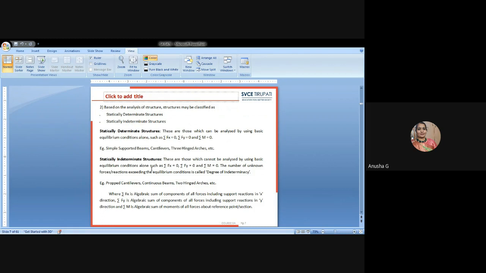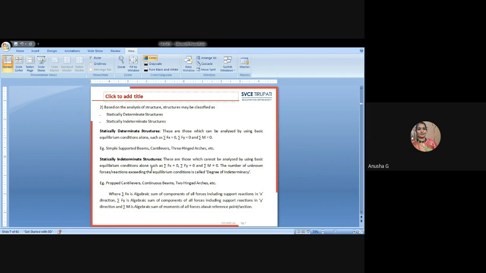those structures which can be analyzed by using the basic conditions will be called a determinate structure. If you consider one support hinged and another roller, the hinged has two reactions and the roller has one reaction. The combination of these two supports, hinged and roller, gives 2 plus 1, 3 reactions minus 3 equilibrium conditions equal to 0. Then this type of structure is called a determinate structure. Simply supported beams, cantilever beams, and three-hinged arches